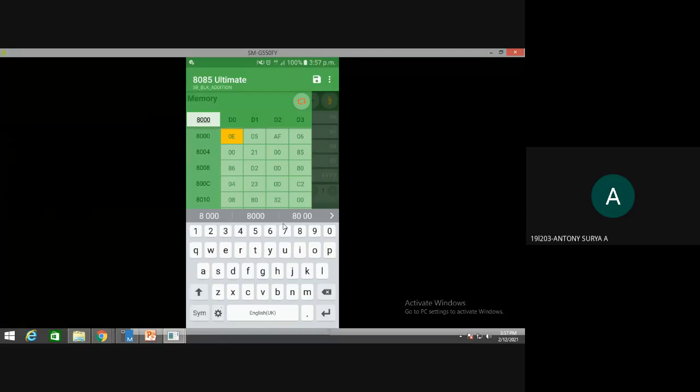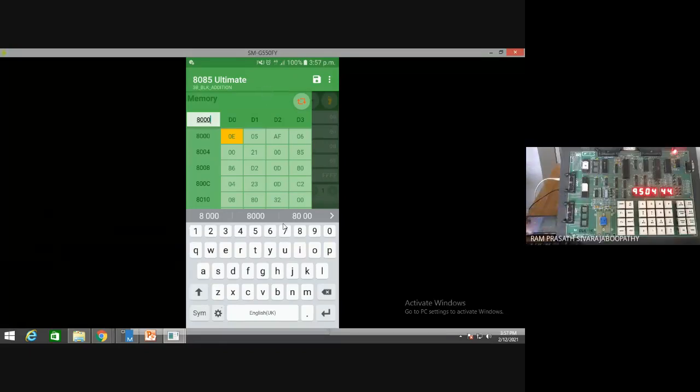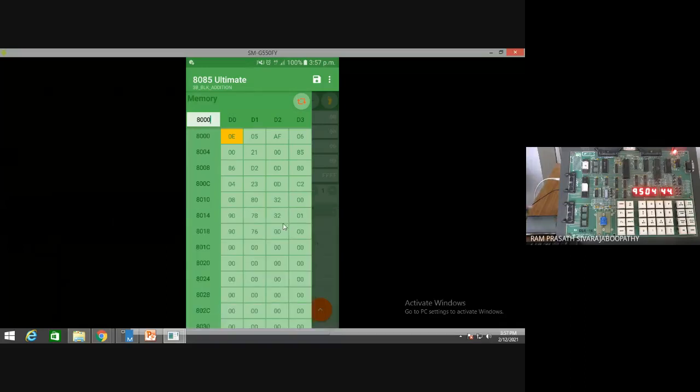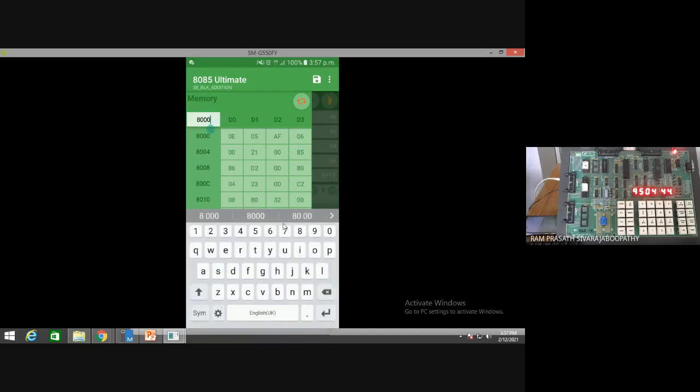Kindly anyone? 8019. Yes, very good. 8019. Okay, wow. Let's go and look at 8019. Yes, at 8018 there is 90, correct? At 8019 there is 76. That's all. So it starts at 0E and ends at 76. Correct? So now the program we entered has assembled correctly. Fine. Now